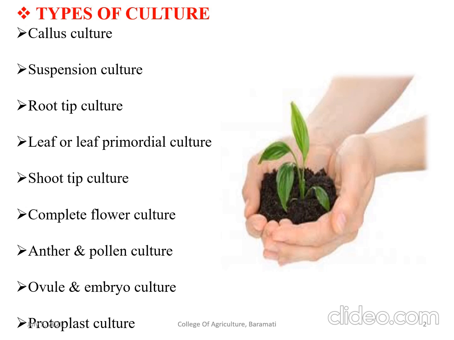If you see all these cultures, you will know that most of the cultures are derived from the type of explant used for initiating that culture. For example, root, shoot, complete flower, anther, ovule. All these cultures are organ cultures, while the rest of the cultures are derived from the type of tissue which is forming in the culture, like callus, suspension, single cell, protoplast. All these cultures are specialized kinds of cultures. We'll learn them one by one.